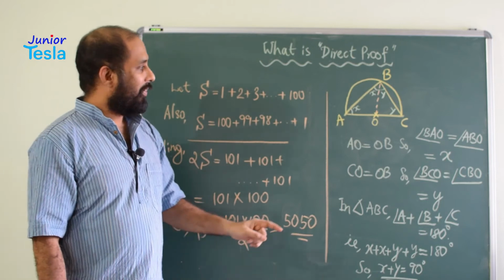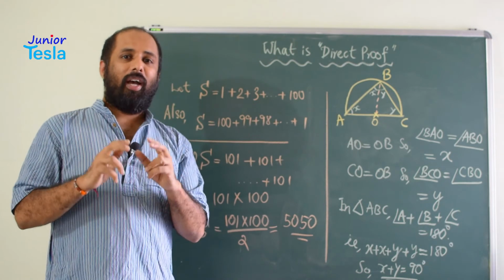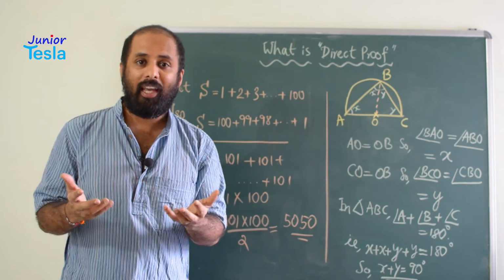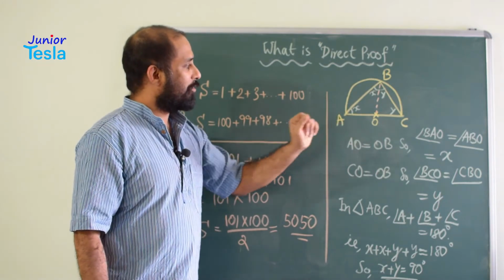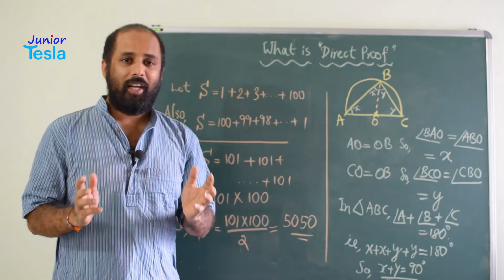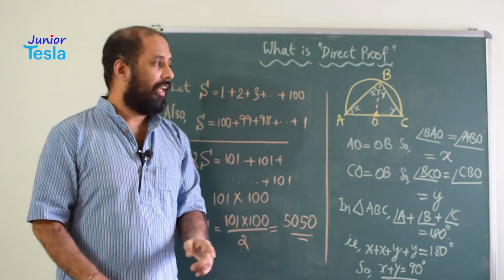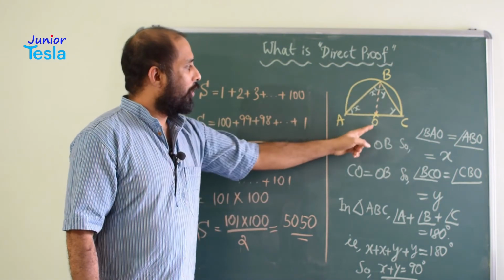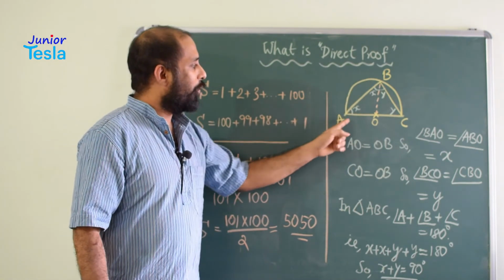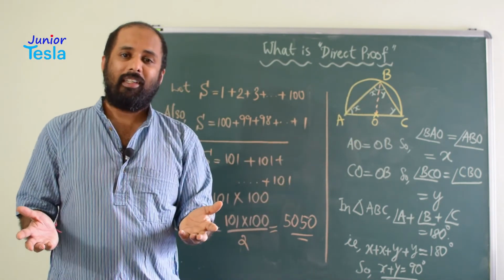Now we are going to make use of another property of triangles. If you have two sides equal in a triangle, then the opposite angles also will be equal. So here, take the smaller triangle AOB. In AOB, OA and OB are radii and they are equal, so the opposite angles also must be equal. Therefore, angle BAO should be equal to angle ABO. Now, if we take angle BAO as x, then angle ABO also must be x.